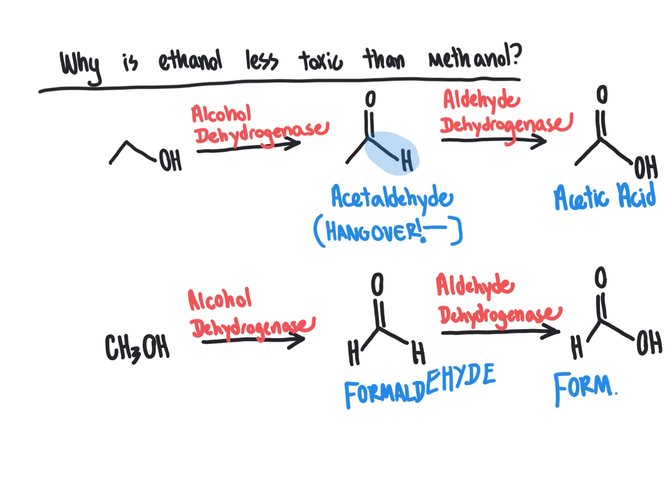The name formic acid may also sound familiar to you because this is the compound that's produced by fire ants that allows them to exert massive stings. So you can imagine that having formic acid accumulating within your internal organs would be a really, really bad thing to occur. And so you're essentially burning yourself from the inside out if you've consumed methanol. As a consequence of all this, ethanol is a lot less toxic than methanol because of the metabolism that goes on for these two different compounds, giving way to products of these reactions that are either relatively non-toxic, except for maybe the hangover, or extremely toxic, meaning formaldehyde and formic acid.